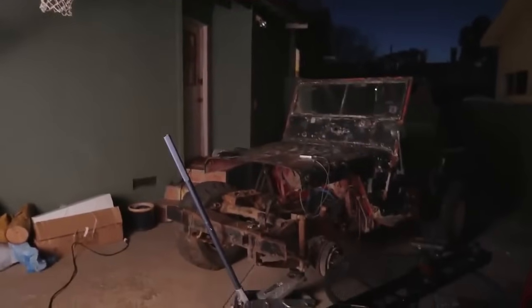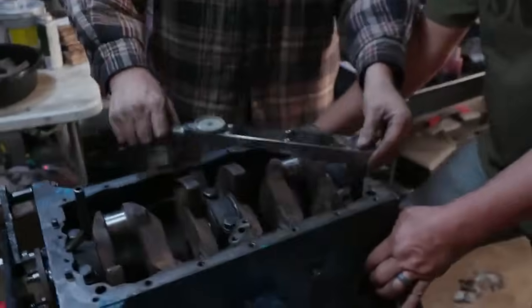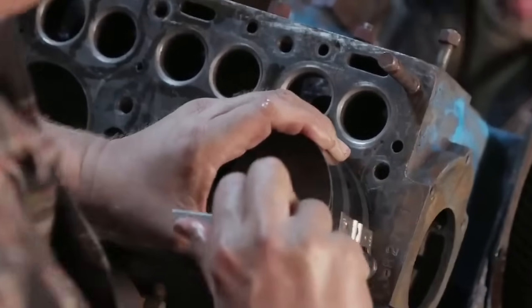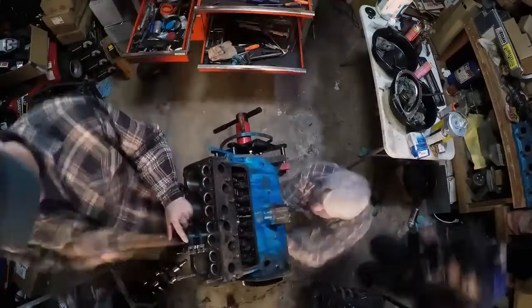The rest of the night, we are just assembling the engine, taking the caps on and off a whole bunch of times, measuring all these clearances, which, by the way, are a disaster, and then slamming pistons in with one of those ring compressors that might as well be made of razor blades. And then crossing your fingers, doing the simple grunt work and hoping that you've got enough RTV to prevent this